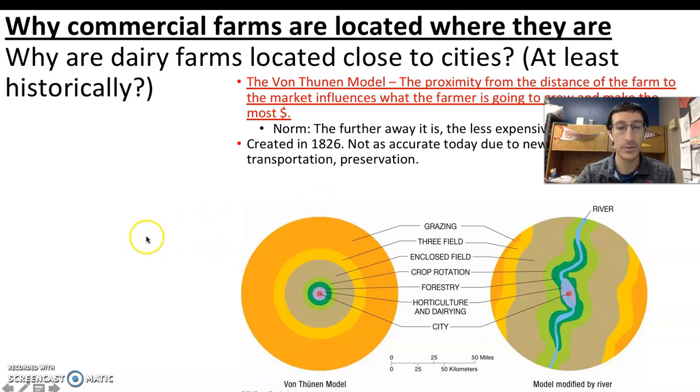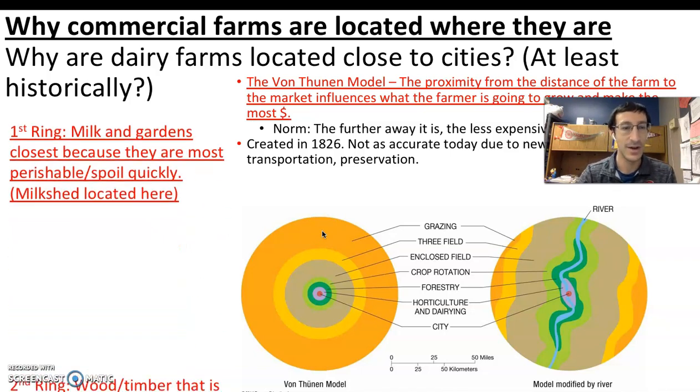Then you have an enclosed field around that, again to kind of cut off from the area, to give it more protection, things of that nature. And then you have another enclosed field around that, and then you have grazing land for animals, cattle, things of that nature that need a lot of feed in order to sustain themselves. So that's kind of the whole setup here: yeah, the meat might spoil, but it's also the stuff that's going to need more land, and you want to keep that stuff away from your other resources, all right? So obviously,